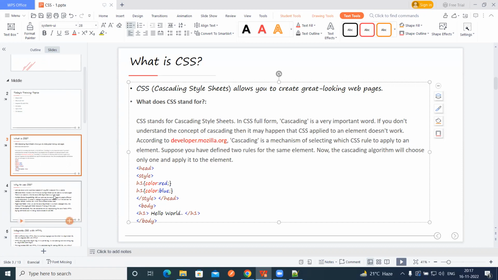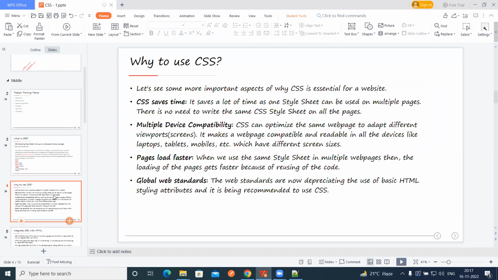Okay, so the next one is, why use CSS? Let's see some important aspects of why CSS is essential for a website. First thing is CSS saves time. So how does CSS save time? You can easily understand. It saves a lot of time as one style sheet can be used on multiple pages, so there is no need to write the same CSS styles